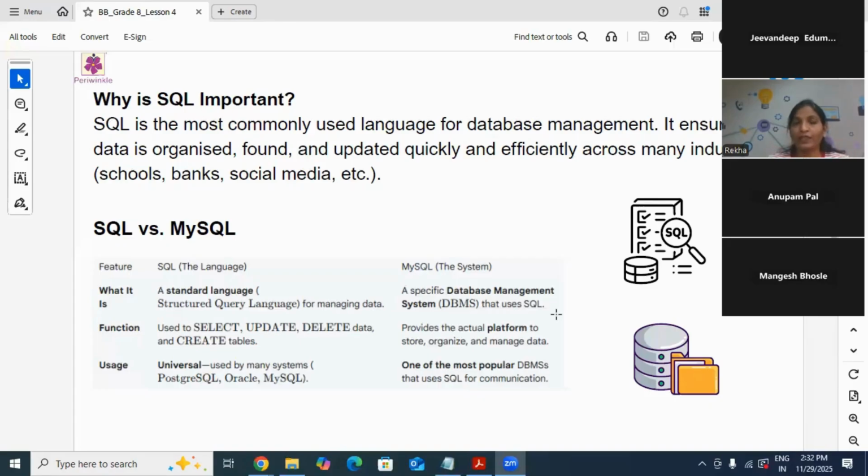Like in Python, you have learned both the techniques. One is writing the code in Colab and the other is writing the code in Anaconda. The main difference is Colab can be done online, and Anaconda can work offline also. Very similarly, in SQL also we have two things, and here we have explained things with the online